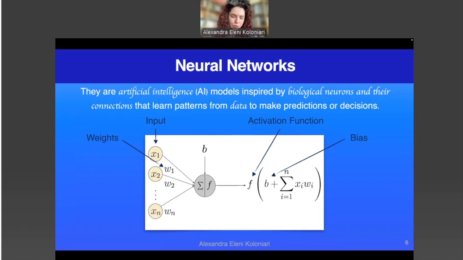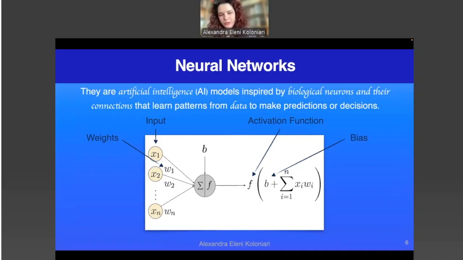Then we add all those multiplications in a sum, as you can see here, and then we add one more quantity which is called bias, which shifts that sum left or right. And that is our final input into a function which is called activation function, and it's a non-linear function that produces the output of that specific neuron.